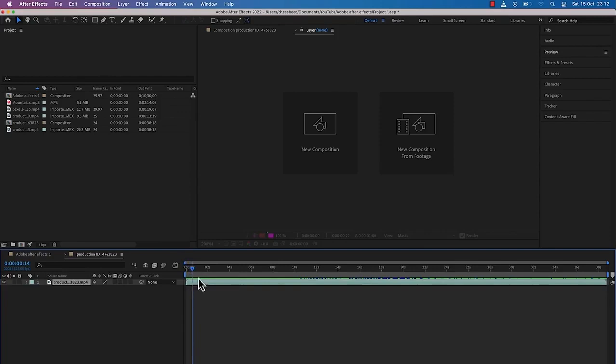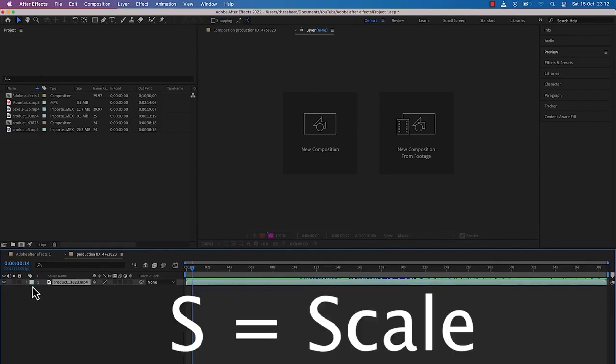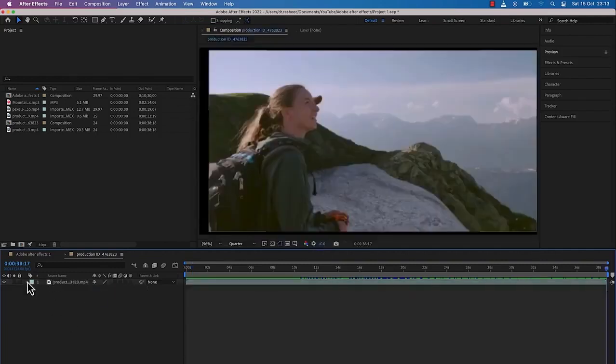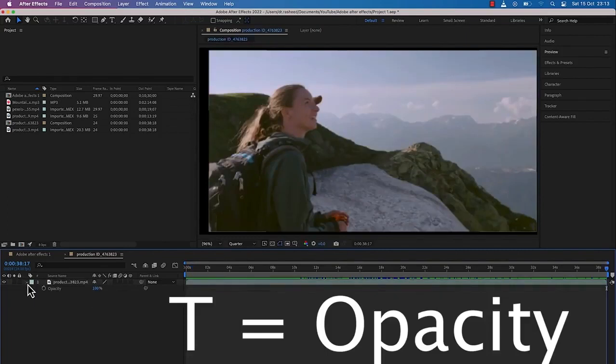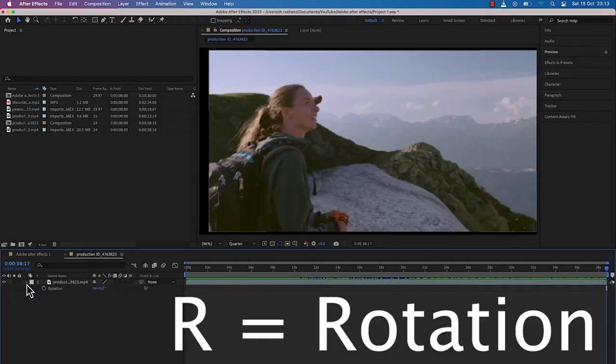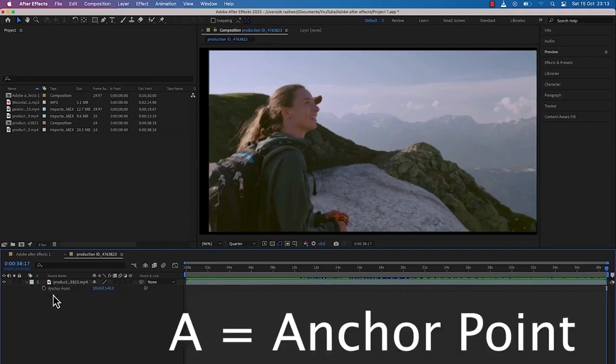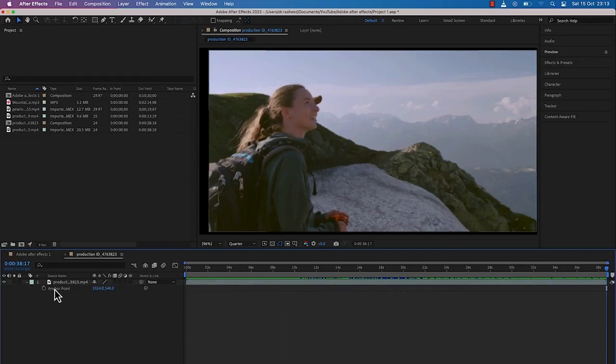The most interesting ones that I use generally in my editing process are, for example, instead of you coming over and clicking on this arrow to have the transform, and then clicking on the transform to have all these features, I usually have shortcut keys to enable them. For example, I use the letter S to enable the scaling transform. I use the letter S, and you see it brings up this scaling transform. I can hit the letter T for opacity, and I can hit the letter R for rotation. I can hit letter A for anchor point. These are just default keyboard shortcuts, but I find them quite useful and helpful whenever you are editing your